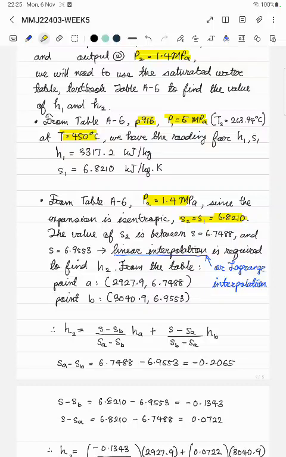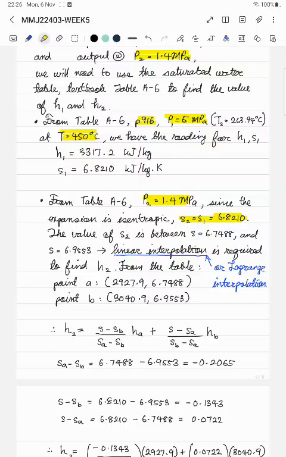If you are not looking at the process, which is the expansion of the steam to produce work, you can directly read the values of H2 and S2. But that is not the case, because here we have an expansion and some work created from the expansion, and the process is isentropic. So we are assuming the entropy to be constant during the whole process. So the value of S2,